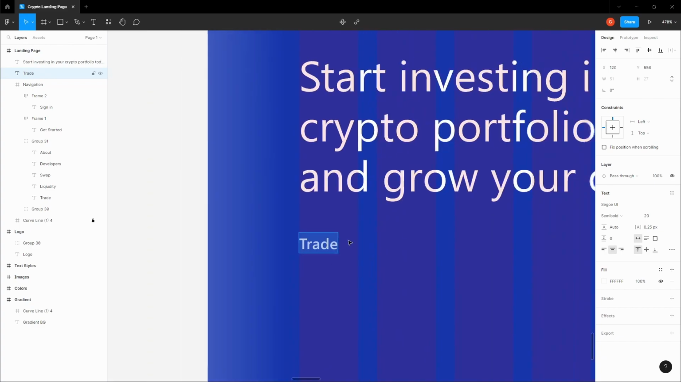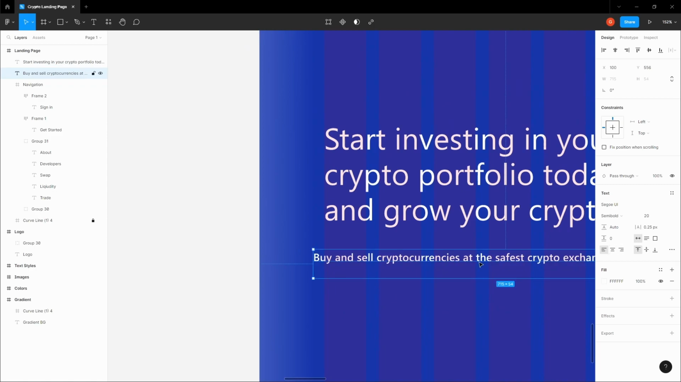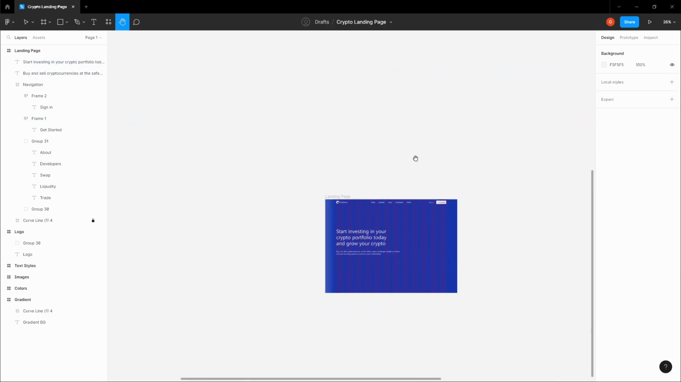Okay, let's write right here: buy and sell cryptocurrencies at the safest crypto exchange market under. Position this to the left and start earning passive income on your investments. There we go. Let's set it to font weight regular and align it to the grid, and let's grab our